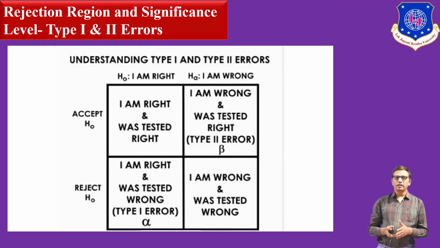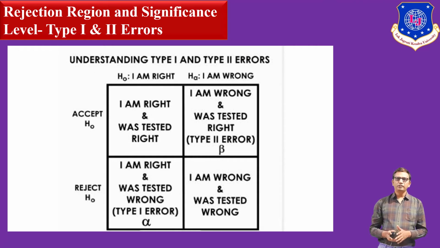H0 is our assumed accepted hypothesis, and H0 is rejected in the second part. So when our assumption is right and the result is also right, it is the no error part. If we are wrong, we assumed that this is accepted, but the result is different, exactly opposite to that. That means the test was right and we assumed that this is the wrong case. So it is a type 2 error. It is known as beta.